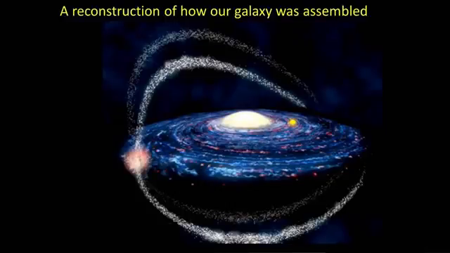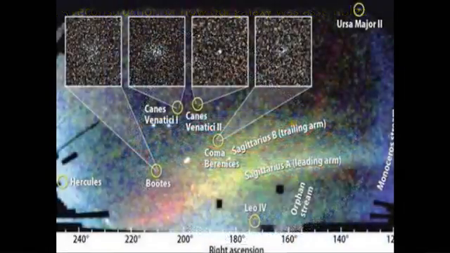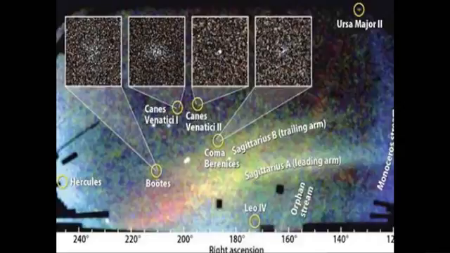Okay, so just to finish, this is the reconstruction of how the luminous bits of the Milky Way might have formed. This is supposed to be the Milky Way, stars in orbits. And some of these satellites were shredded on their way in and leave these amazing streams behind. And the incredible thing is that when we look at the data, you see some very, very faint things, which are shredded galaxies from the past, and you see evidence for these streams, and maybe this is the best way to look at a nearby galaxy.